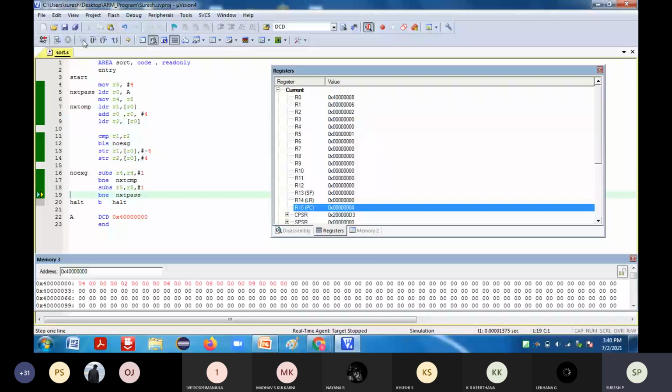So all of you see that one. Now the first element is 2, the second element is 4, third element is 6, fourth element is 8, fifth element is 9. Now it is in a sorted order. Anybody having any doubt? No, sir.